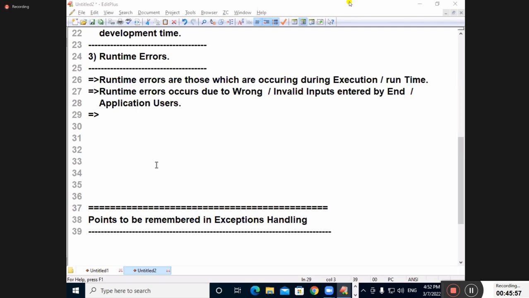For example, I am developing an ATM application. I will definitely think that the end user may enter a wrong PIN number. When the end user enters a wrong PIN number, what should I do? I should give some error message by stopping my program execution. Am I correct or not? Without entering the PIN number, I cannot move forward. So you keep the card and insert properly. Next it is asking for the PIN number. If you entered the PIN number wrong, immediately it is saying wrong PIN number, enter correctly. You liked that project.